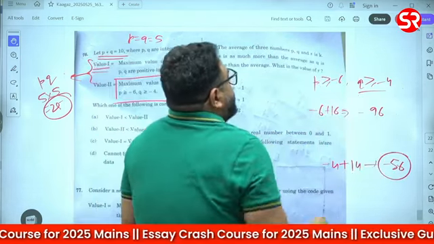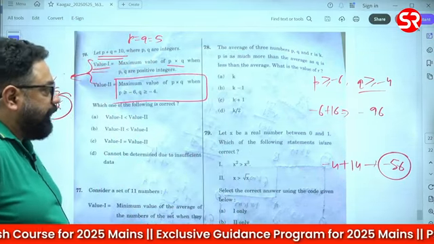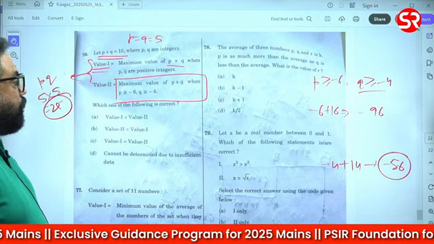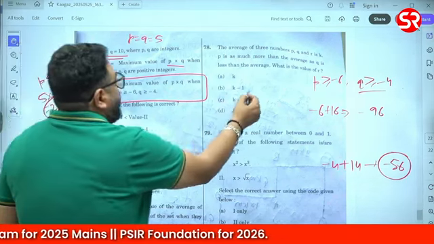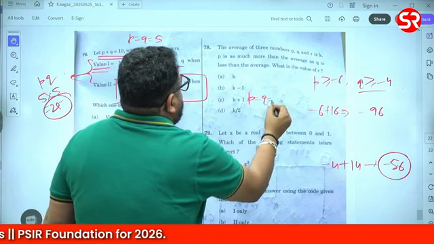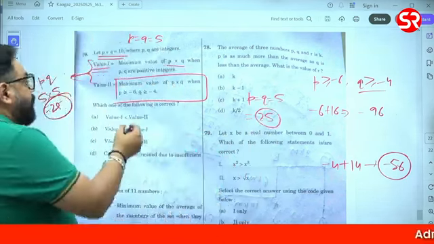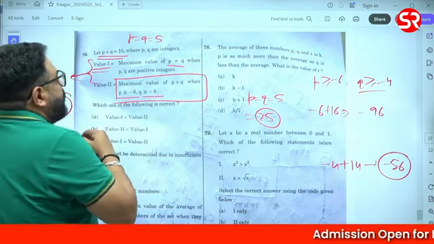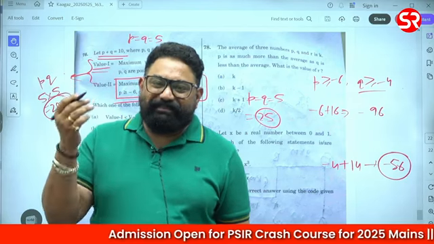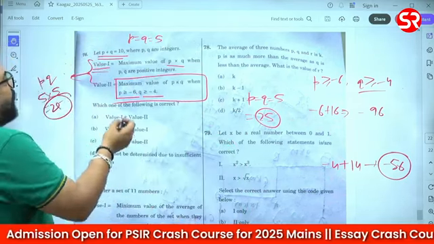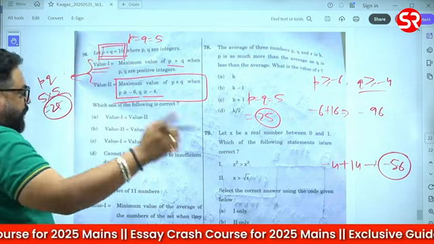देखो यार, p is greater than or equal to minus 6, q is greater than or equal to minus 4, right? So maximum value possible ही नहीं है, right? They can be equal also, right? p is equal to q is equal to 5, so 25, right? But then when p is greater than minus 6 and q is greater than minus 4, it can be p is equal to q is equal to 100, because again the sum has to be 10. Yeah guys, the sum has to be 10, it is right. So